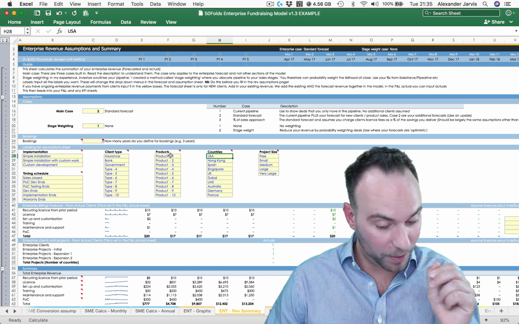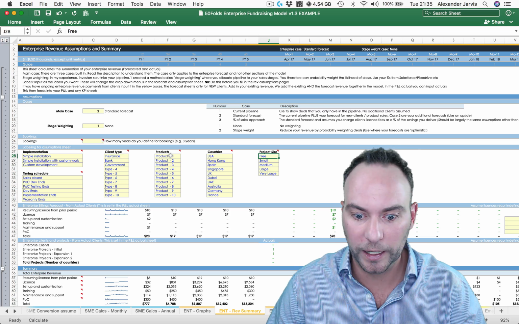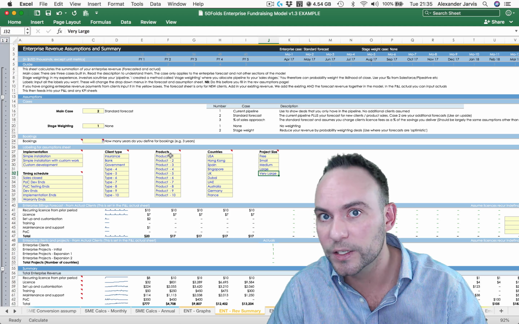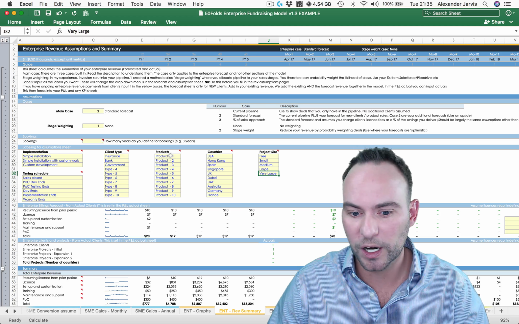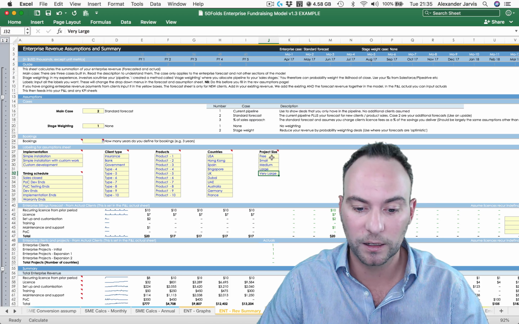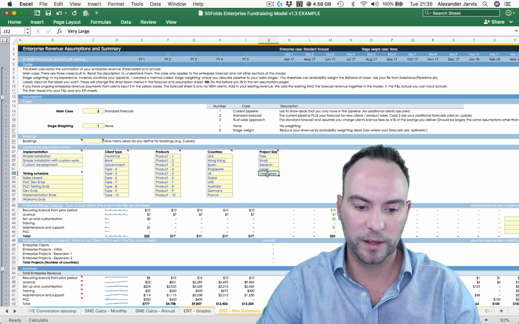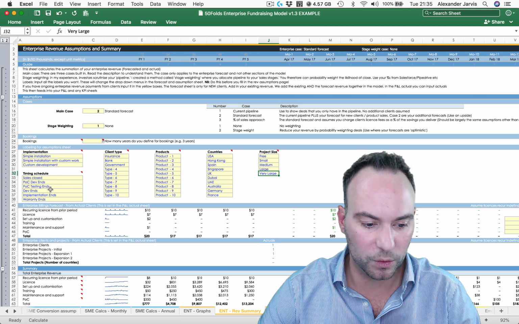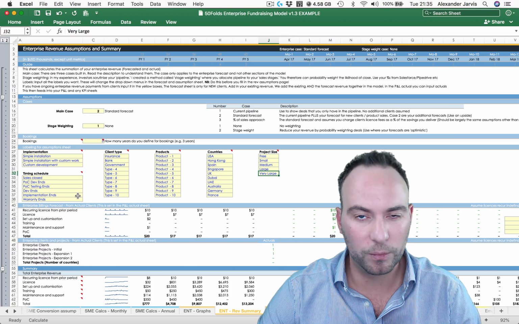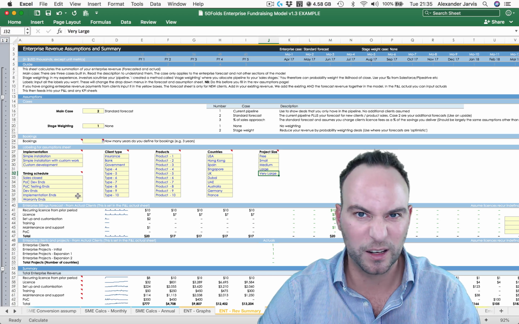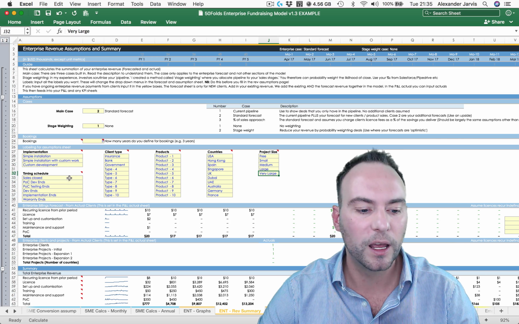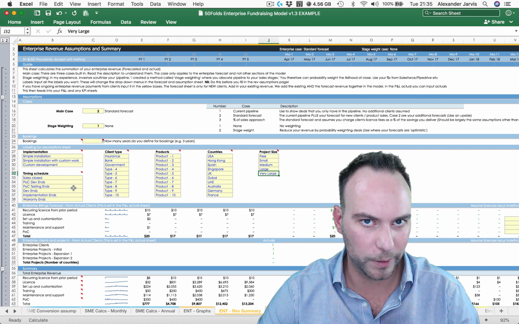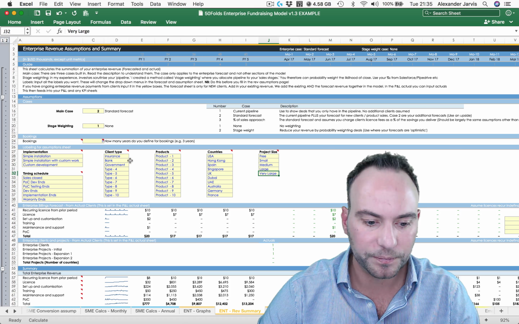And now for project sizes: free, small, medium, large, very large. This is basically how much you're going to charge for those different types of products, depending on the implementation you're going to do for them. So put these in, or leave them if you want. Probably leave these ones because they're a bit more tricky. Once you really play with the model and it doesn't work exactly the way you want it to, sure, start playing with this stuff a bit, but maybe just leave it at the start.